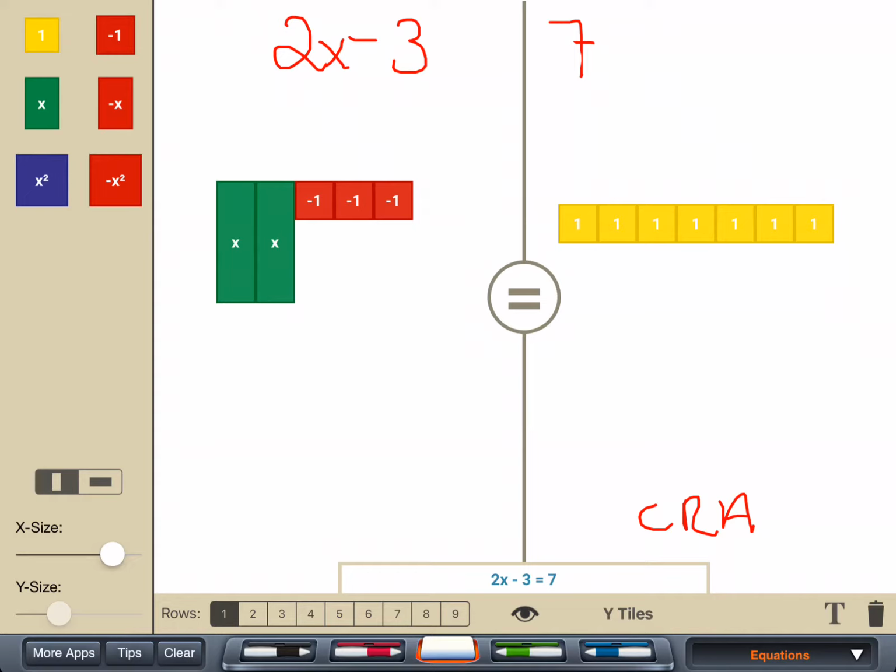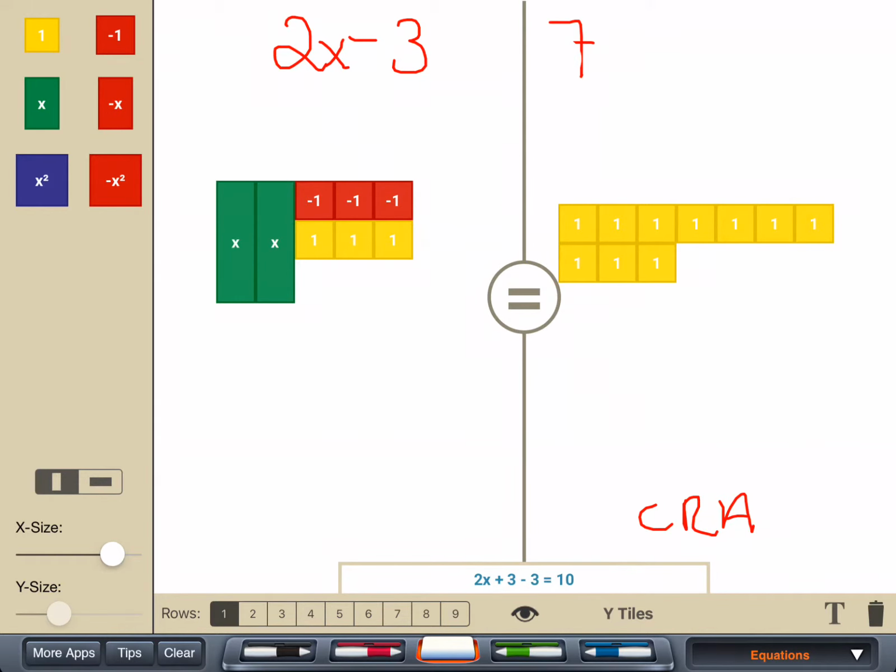Now let's take a look at how we might solve the equation here, and how it's different when we solve it in the virtual setting. So I'm going to add 3 to each side. Now watch what happens in the notation. Do you see how the notation at the bottom has changed? Every time I add a tile, the notation changes. It was 2x minus 3, and now it's showing 2x plus 3, negative 3. And I know I need to add 3 to the other side, so watch how the notation changes when I